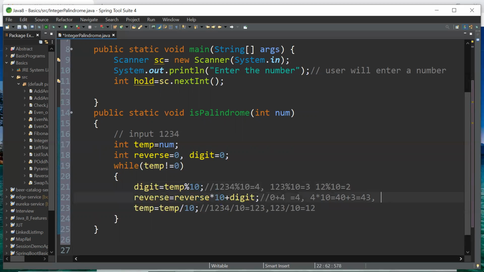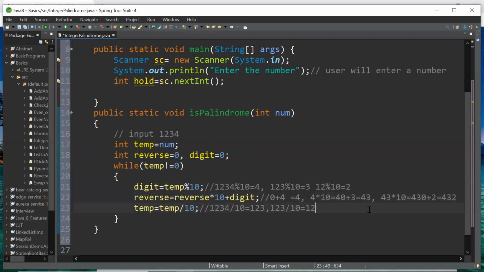Then 43 into 10 gives 430, plus 2 is 432.